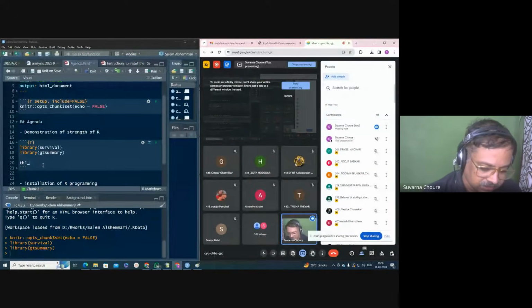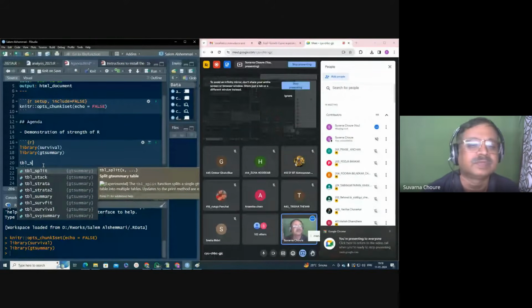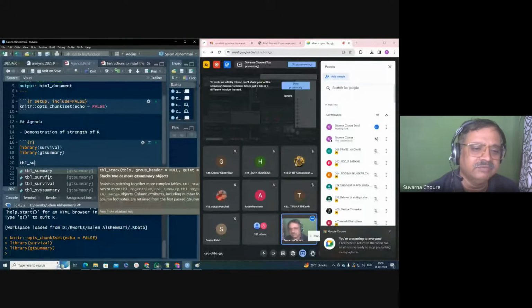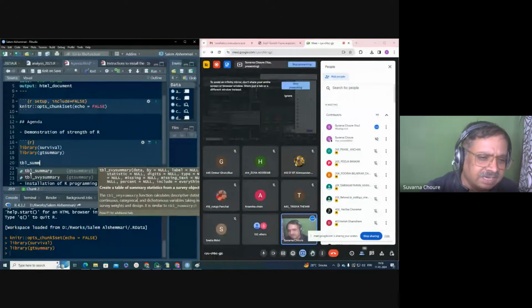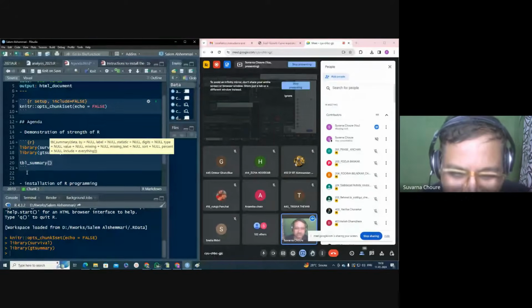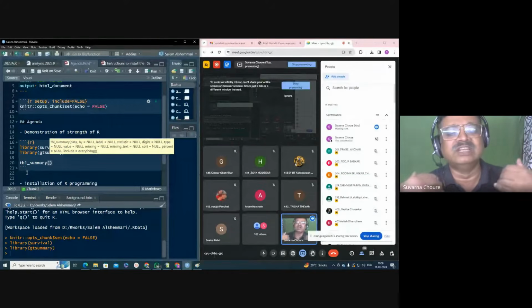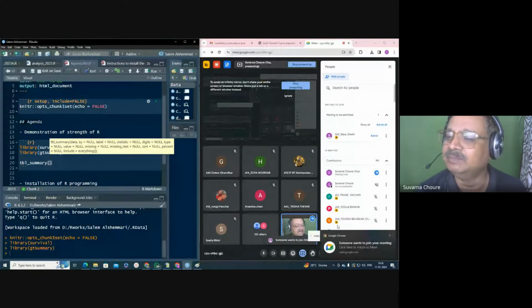And here, this tbl_summary is the function for that. And if you see, as I go on typing, it is helping me. I don't have to remember code. I just have to remember the first 3 letters of the code, and RStudio will suggest the code. And here in tbl_summary,